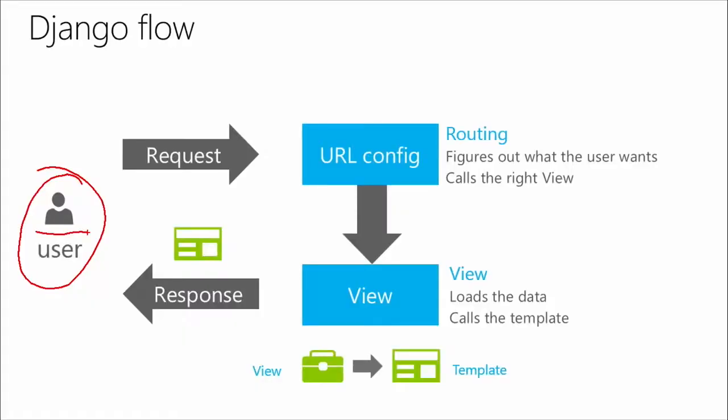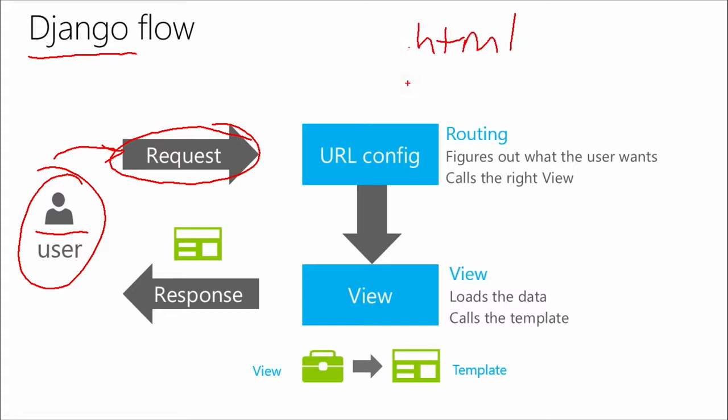All right, cool. So let's go back to our Django flow here, and take a look once again at our little user. So there's our little user, and our user is going to make a request. Now, one very big thing about Django, like most other modern web technology, is that you don't actually request an HTML file or, say, a PHP or an ASP file directly, but rather what you do is you basically say, this is what I want to do.